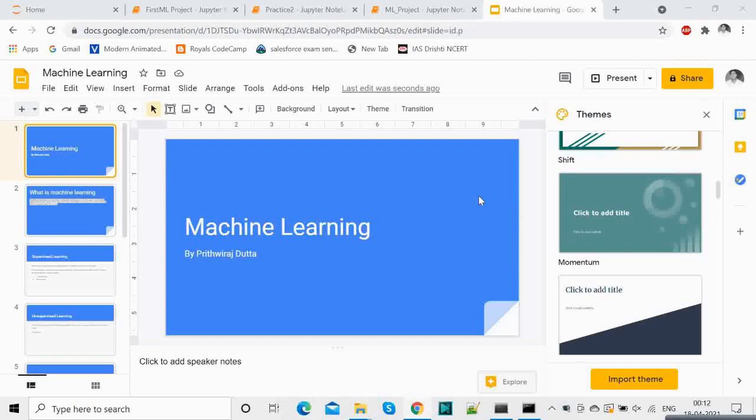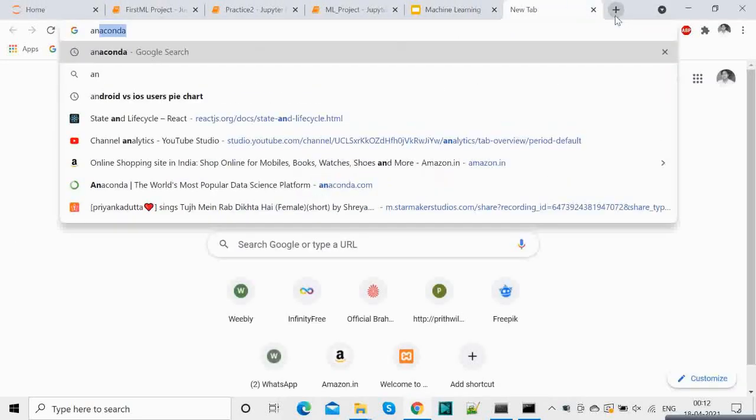We'll see how to set up the environment, and also what topics need to be learned just to get started with machine learning. So let's jump right into it. First of all, for